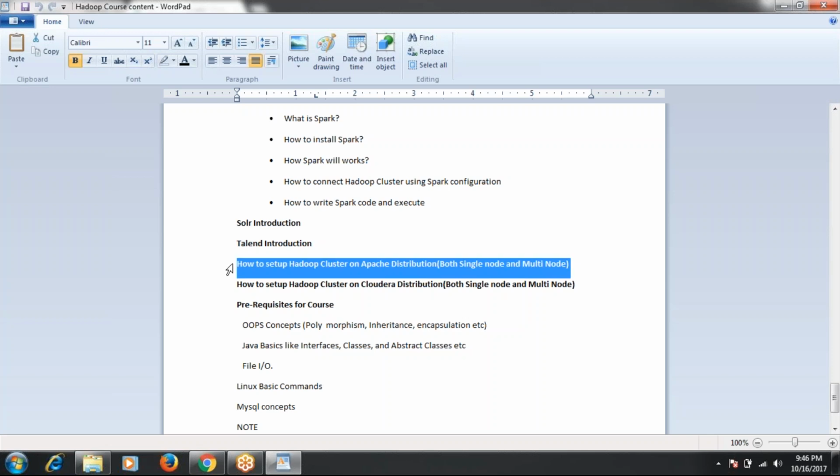Then, how to set up the Hadoop cluster in the Apache distribution. This cluster setup we will discuss after completion of the theory of HDFS and MapReduce. Why? Because if we need to start the practicals, we compulsorily have to install and set up the cluster. So once the theory is complete, we'll set up the Hadoop cluster. Here we'll discuss both single node and multi node. In the Apache distribution, we'll discuss how to set up the Hadoop single node cluster and the Hadoop multi node cluster also,